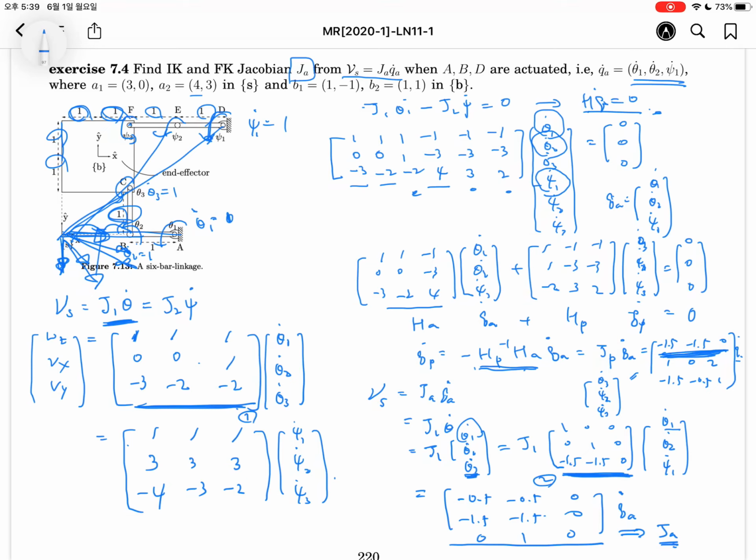Actually 7.7 is related to the delta robot. The delta robot does not change the orientation of the end-effector, so the rotation matrix is the identity. The remaining issue is very similar to 7.3. So after reading the problem statement, you can solve 7.7 and 7.8. If you have some difficulty in solving those issues,